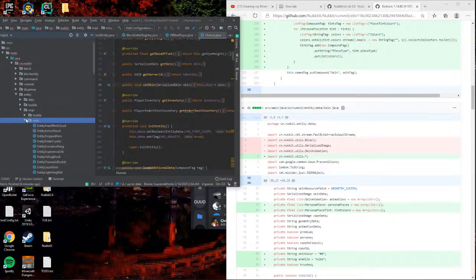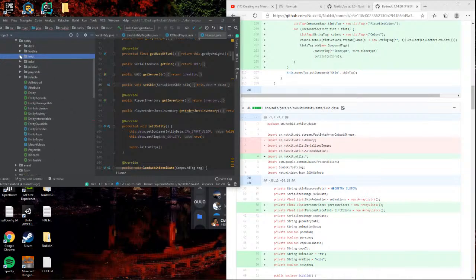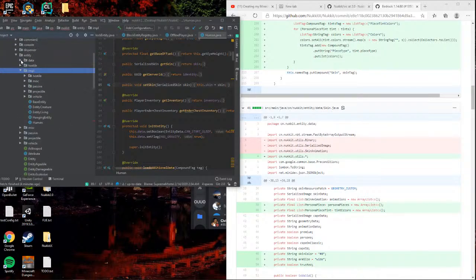Implement miscellaneous. That's more of like block, passive, projectile, vehicle, hanging entity misc. This is really weird.